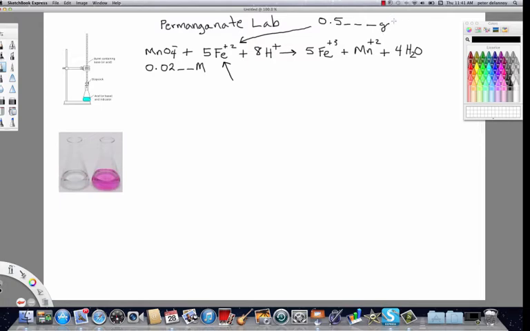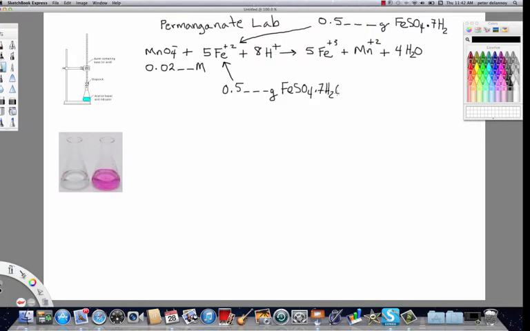Specifically, we're going to use the compound which is iron 2 sulfate heptahydrate. This is a green ionic solid that comes in a bottle. Its molar mass, I'll get to in a little bit. So we're going to be using 0.5 grams, and we're going to know this mass to 4 decimal places. So I'll write it like this. And it's the iron 2 sulfate